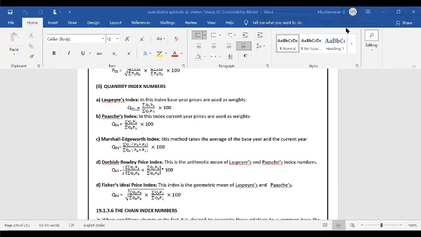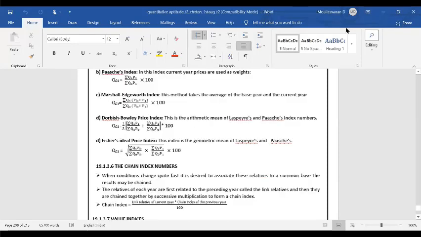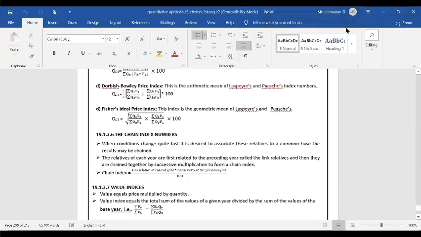Okay, guys. The next topic you have is chain index numbers. Guys, why I am going to the next topic is I don't want to confuse you with the problem. Today, relax. We don't want to solve problems today. After discussing one more topic, we will clearly discuss one problem. I don't want to confuse you again with P0, Q0 and all. Leave it. As of now, you understood the formulas and other things, right?